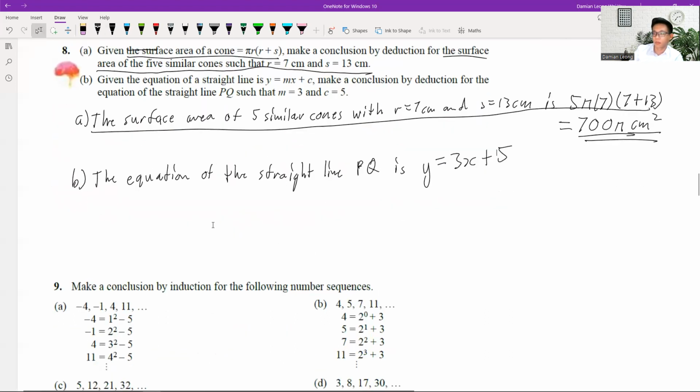Okay. Yeah, that's conclusion by deduction. So we also have conclusion by induction. What's the difference between conclusion by deduction and conclusion by induction? Deduction is based on facts and statements that we already know. Induction is based on pattern. Okay, on pattern. So when we see